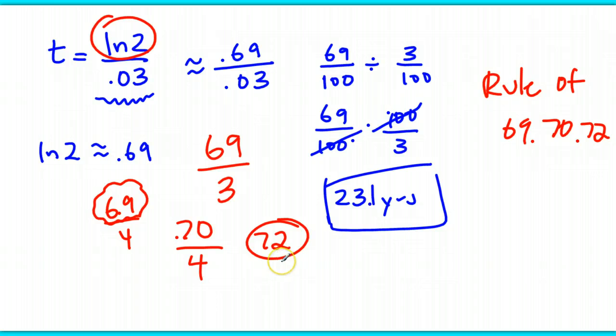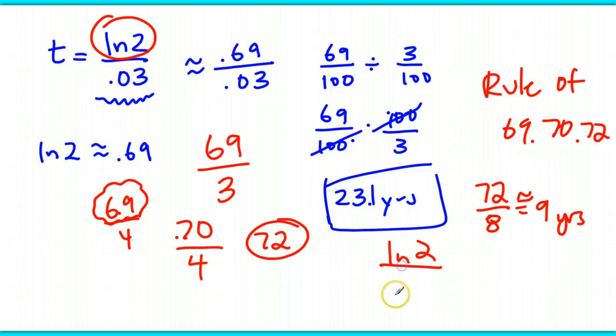So if I wanted to find out the doubling time that it would take for an 8% loan, I would take 72 divided by 8, and I would get 9 years. So it'd be approximately 9 years. Remember, this is just an approximation. If you were to actually calculate that, the natural log of 2 divided by 0.08, that interest rate, you're going to get something slightly less, which is